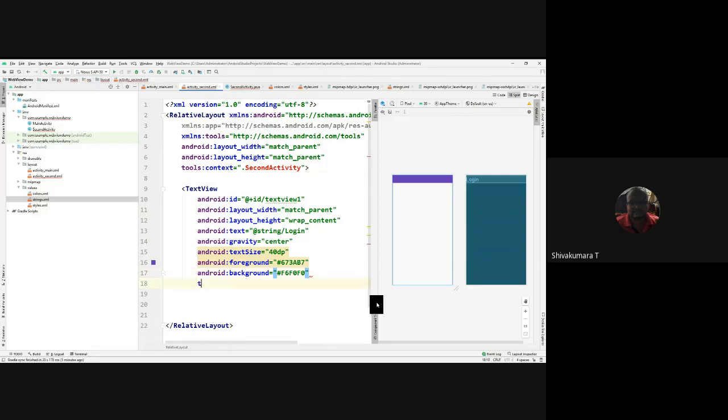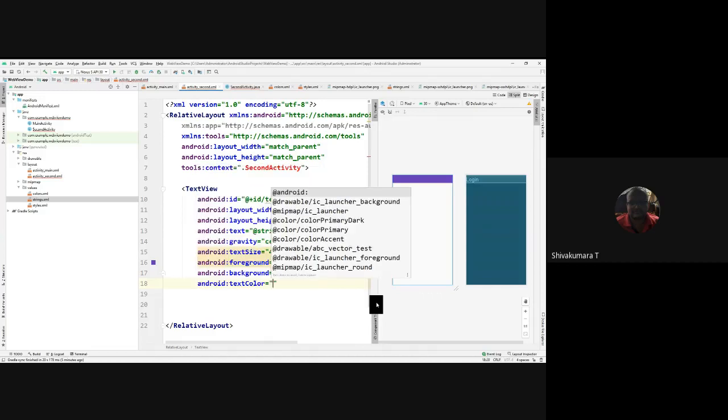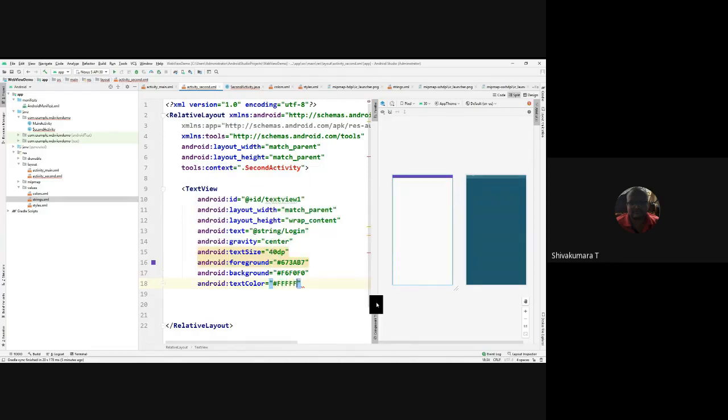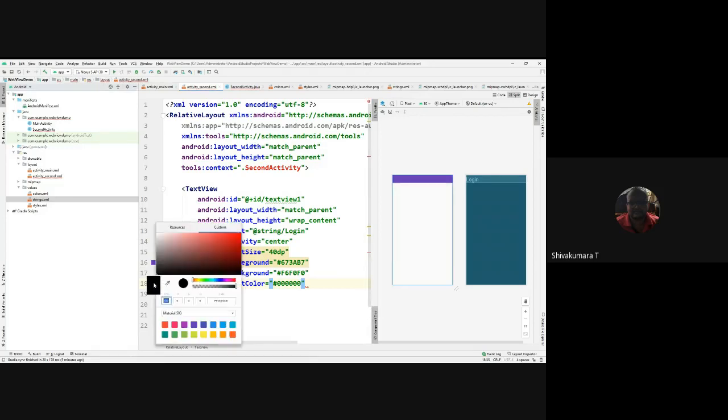You can make the text color white, which is hash all F. White is all F, or you can type 1 2 3 4 5 6. All zeros is black, all F is white.